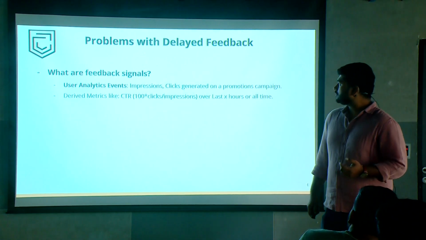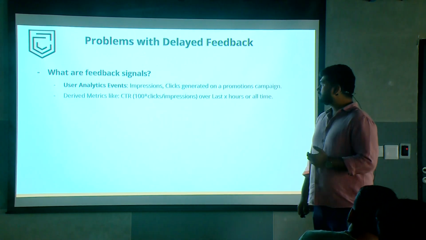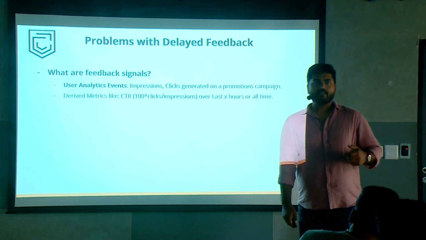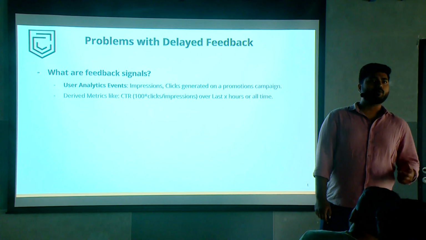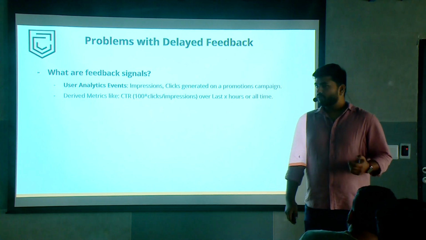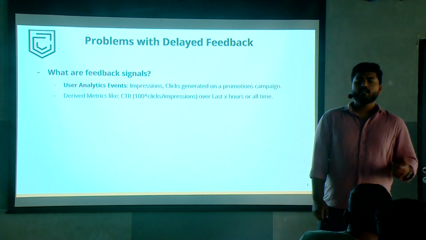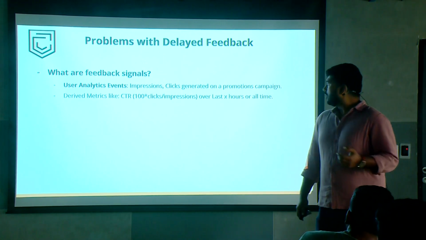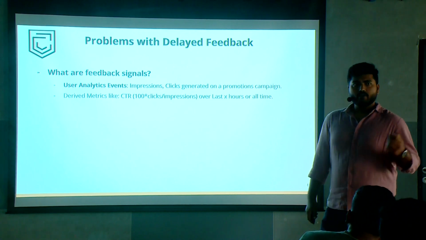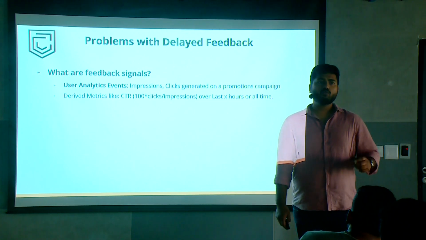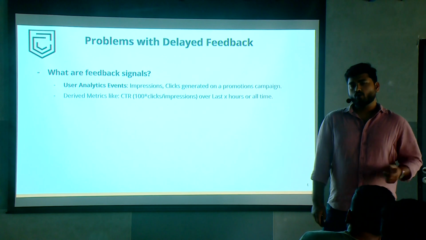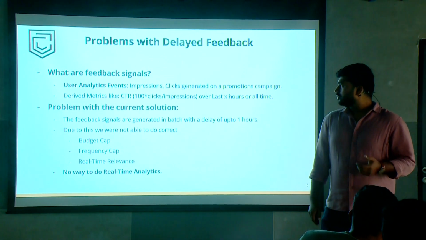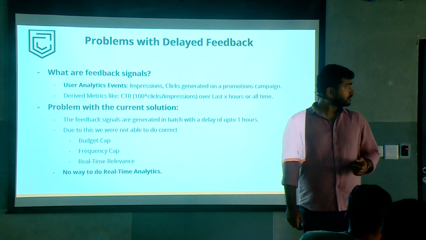So let's talk a bit about the user analytical events. These events give us the feedback about how a content is performing. A few of the metrics that we measure are impressions, clicks, CTR, which is clicks by impression. These signals act as a feedback to our system to tune our relevancy scores to get the most out for the user. So the problem that we had was,